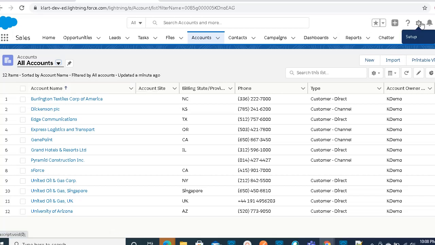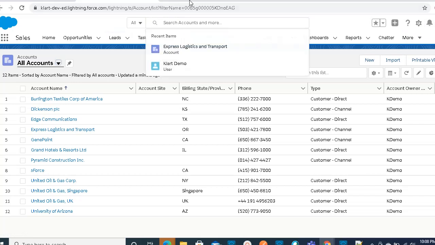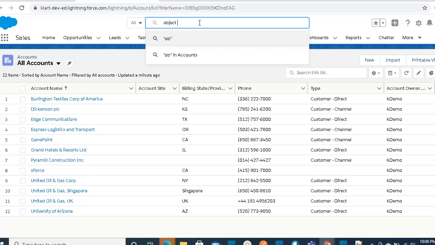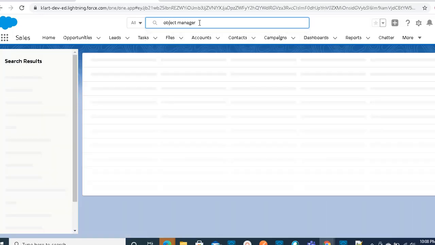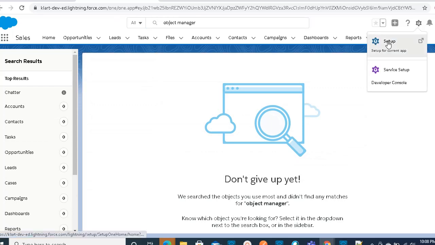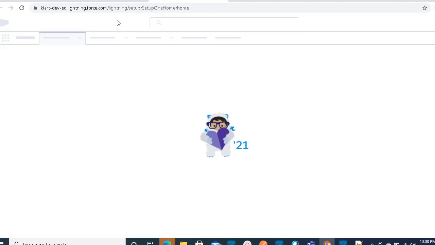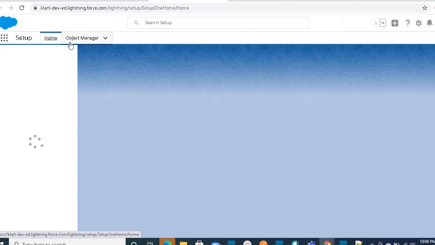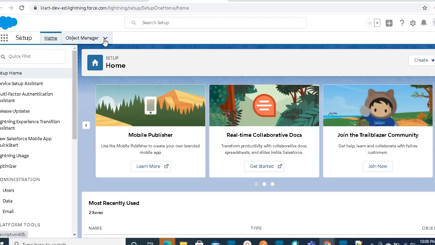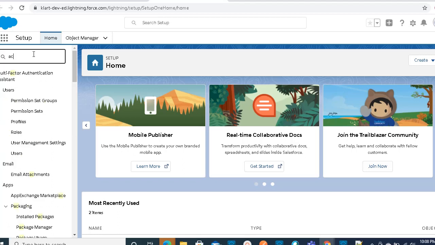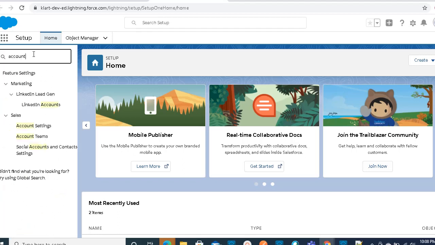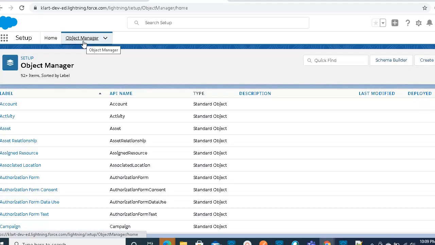To do that, you need to search for object manager here. In setup, you can find object manager. Once you click on setup, it will show you the object manager here. So here you can search for the account object. You just need to click on this object manager and it will show you the different objects available in your Salesforce. So let's click on this account,